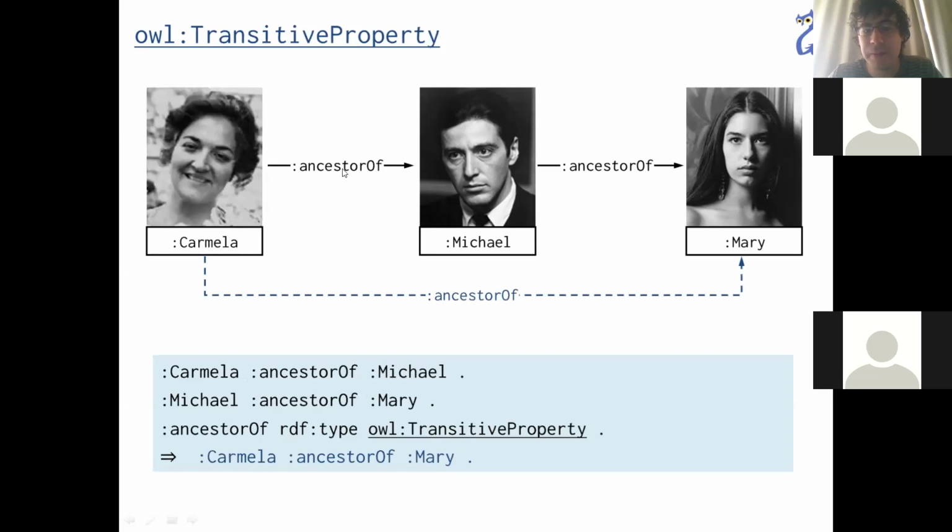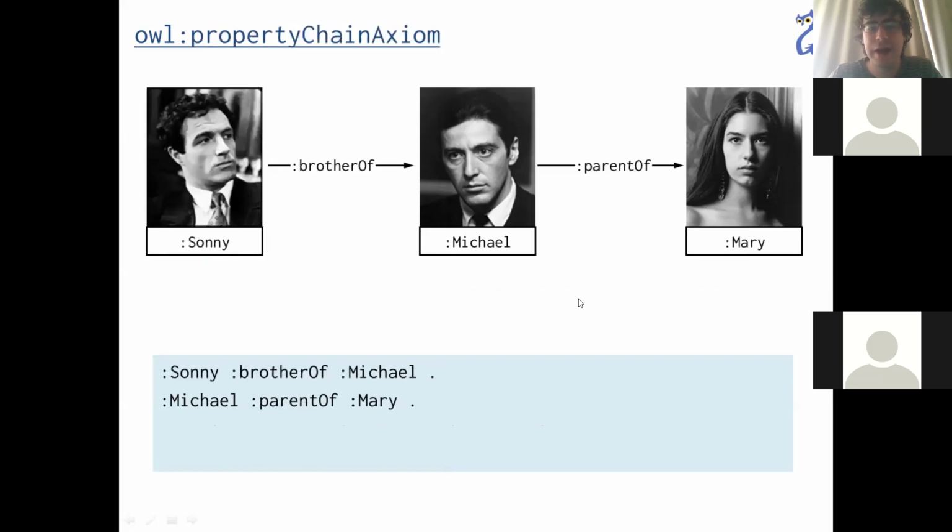But in the transitive property case, this relation is always the same: X ancestor of Y, Y ancestor of Z implies X ancestor of Z. In this case, each of the relations will be different. We have a brother of relation, a parent of relation, and we want to apply an uncle of relation. So we need a property chain axiom, which says uncle of is composed